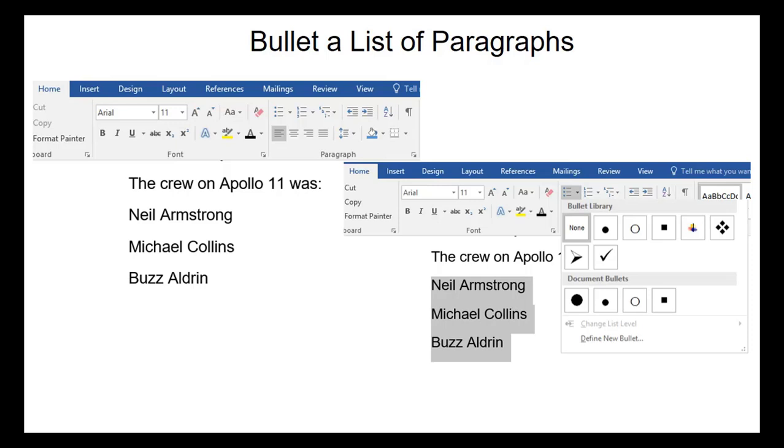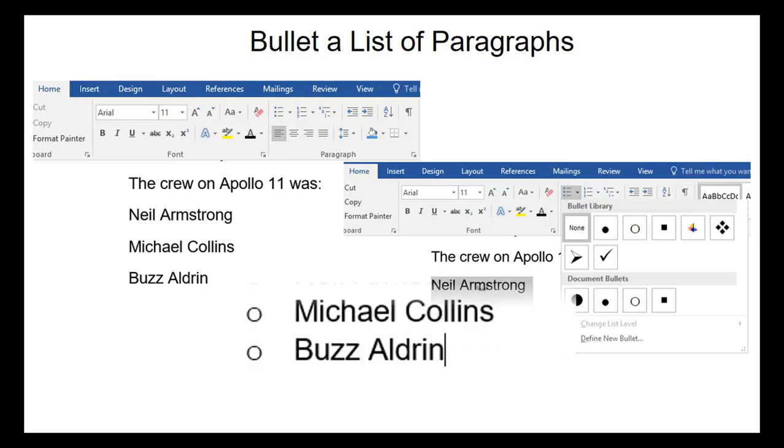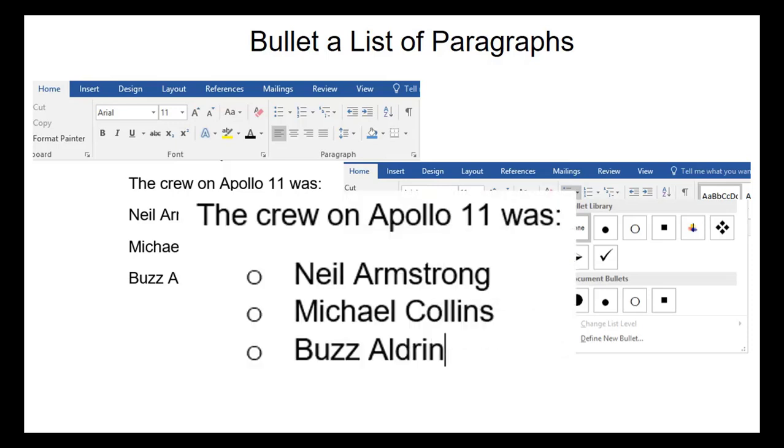Now I'm going to choose the open circle one there and click on it with my mouse, and now you can see that gets applied, and we actually have an indentation that's added as well as the formatting. So the crew on Apollo 11, rather than just 4 straight lines, we see that we have the crew on Apollo 11 was, and then we have bullets next to those, and they're indented in to draw the reader into